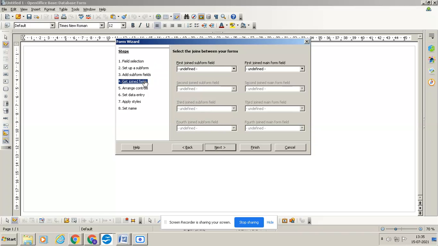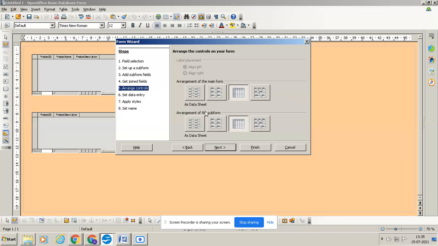Next here, get join fields. If you want to join the fields from one to another, you can take that also. Here I'll join product ID with product name. If you want to join one more, you can join from here. I want to join only product ID with product name and product ID with product description. So I'll take only that.